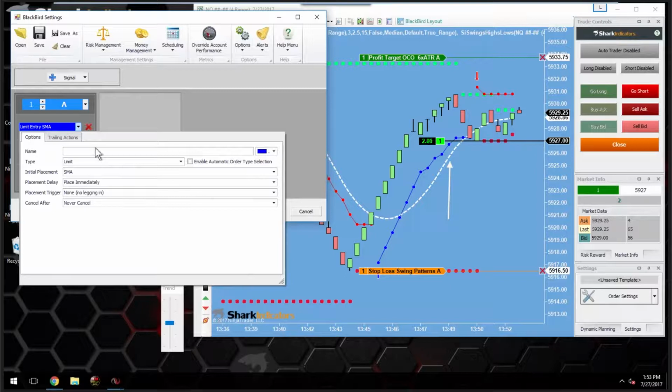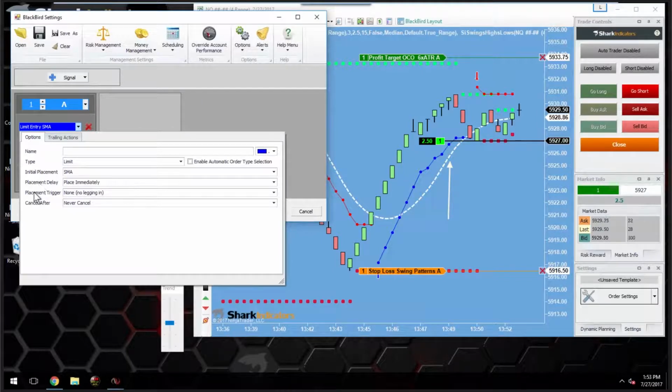Some of them are just going to be enhancements of existing features, and some of them are going to be new capabilities that we want to add into BlackBird. As soon as we roll over to Ninja 8, we're going to keep adding those features into BlackBird. But right now our focus is on rolling over, getting everything converted over to Ninja 8 first. Anyways, with that little side note there,